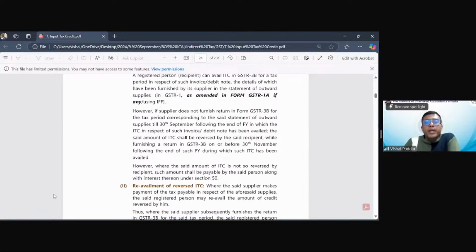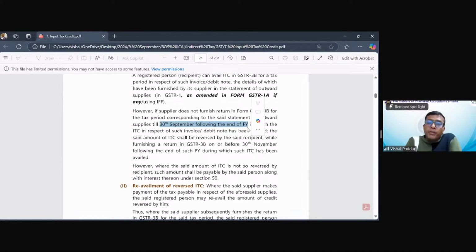Now, if my supplier files the GST returns at least by 30th of September following the end of the financial year. So this financial year is ending in the next 3 months, that is by 31st of March 2025. And after that by 30th of September 2025, if any period up till then, Rahul files the GSTR 3B, it means he pays the tax. My role is over. My credit which I have taken, which was till now self-assessed temporary, will now be final.